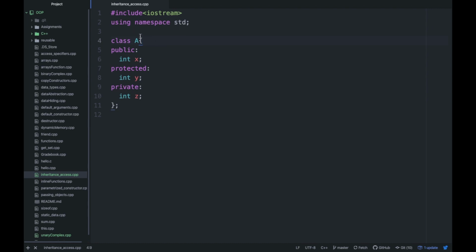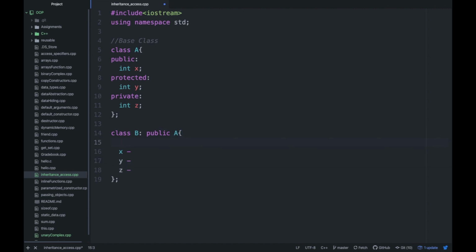And this class A is the base class in our case, and we are going to use this class in some another class called B class. And here you have to write the access mode. I am writing public here first, public A. It means the inheritance mode is public, and then there are some data members here, x, y and z, right?